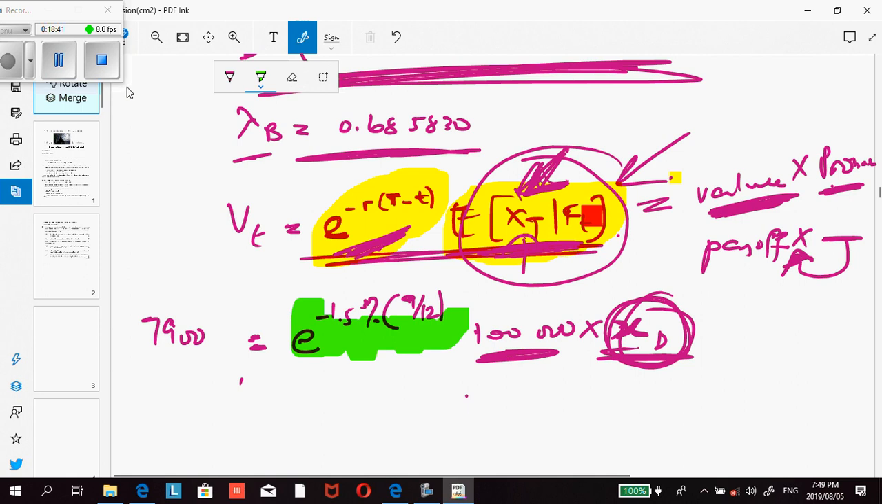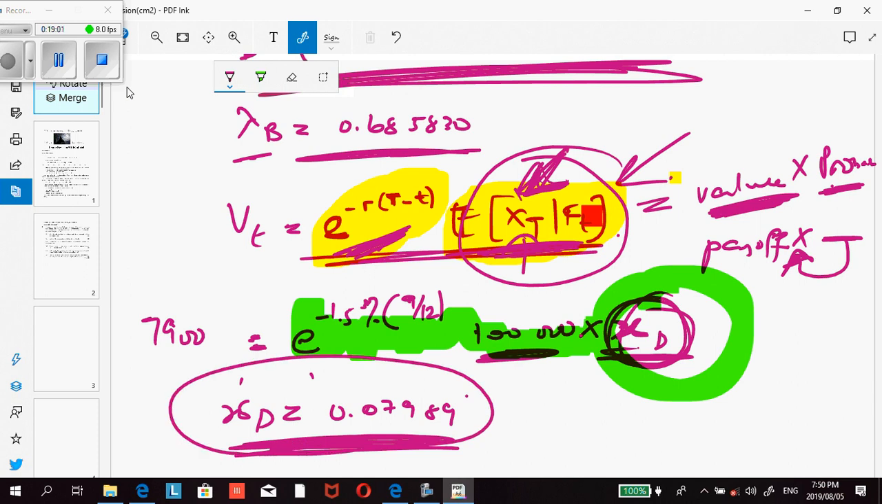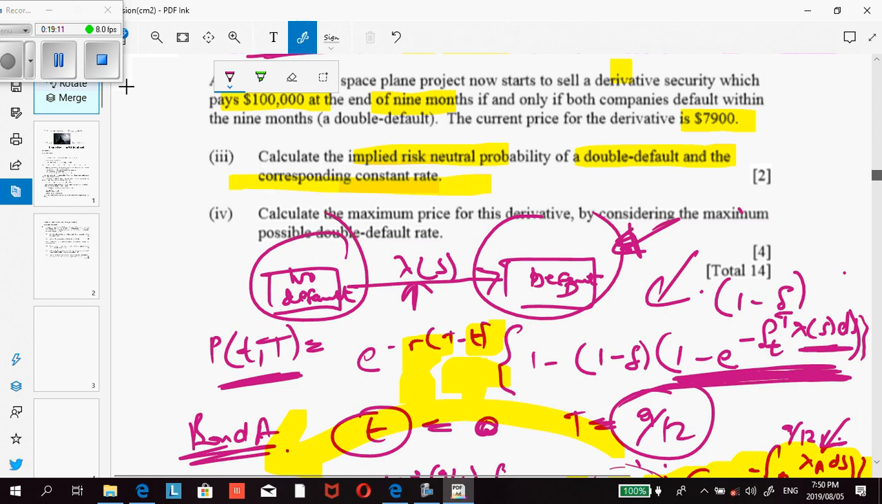I'm going to divide by this whole thing on both sides in order to get this. So doing the division there, you're going to get your XD to be equal to 0.07989. Now, this is a probability of a double default, but the examiner didn't only ask me the probability of a double default, they asked me the